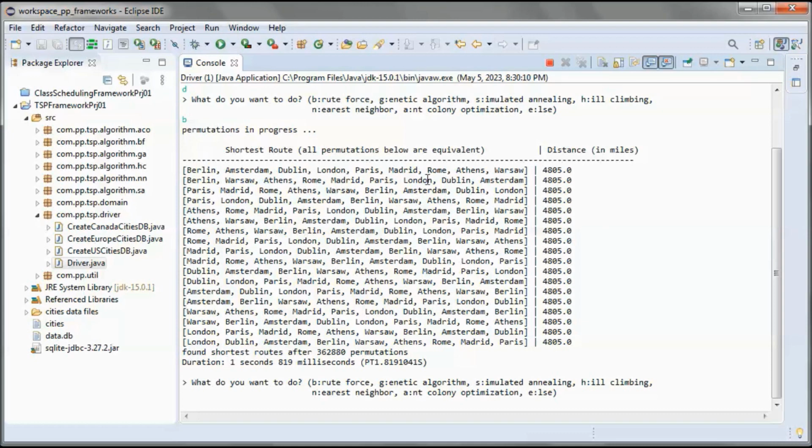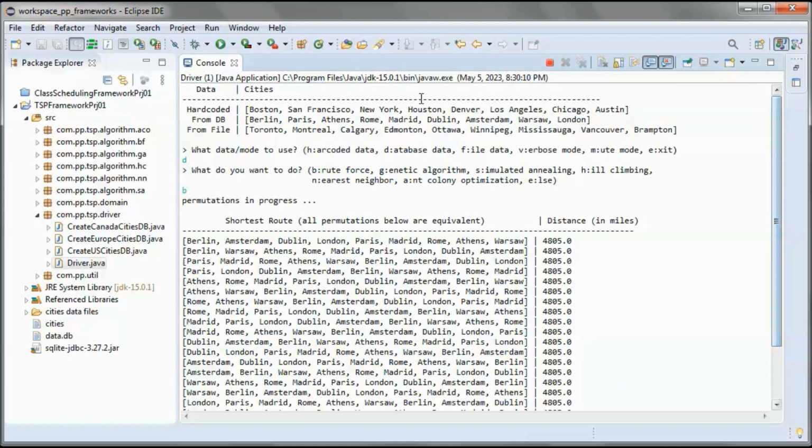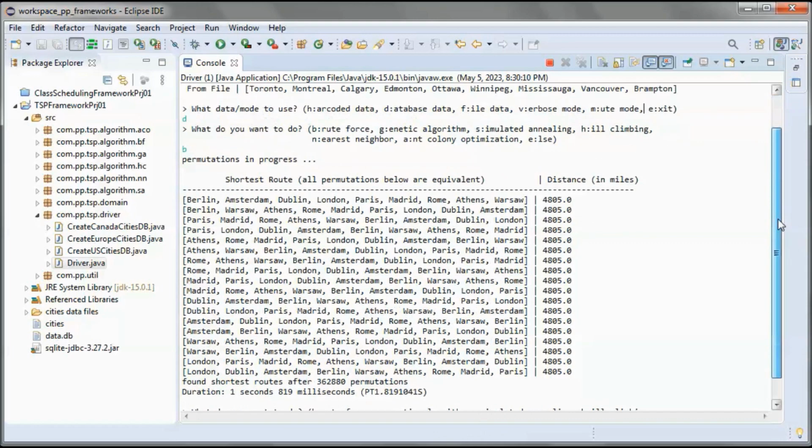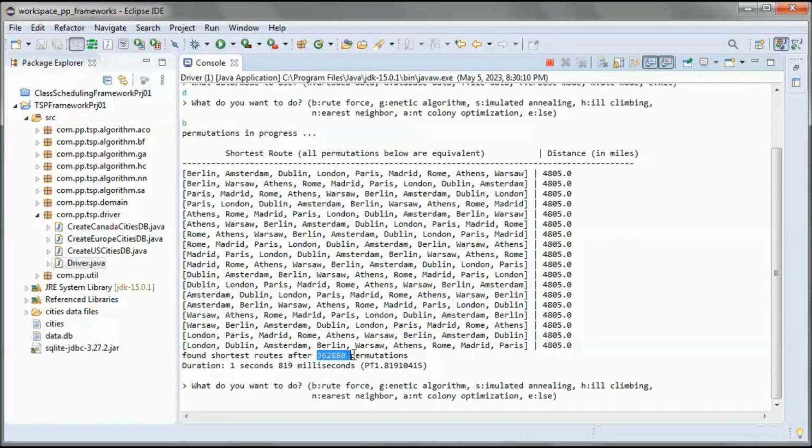And let's pick up data from file. So we have how many? 9 cities. So we should do the same number of permutations.